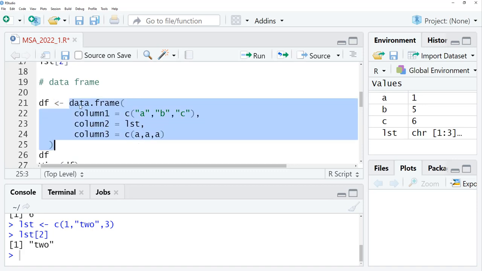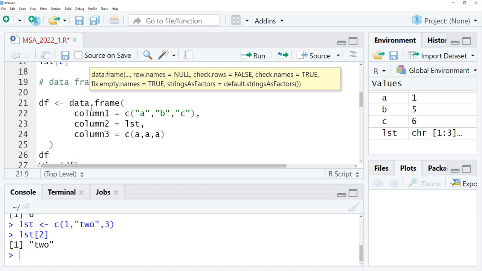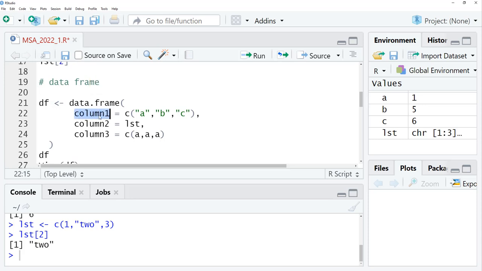And this command says I'm creating a data frame, so data.frame creates a data frame. There are other ways to read something in as a data frame when it was something else, which we may use in the future. But here I'm creating a data frame, and I'm going to name each column in the data frame. Here I'm going to name column 1, column 2, column 3,